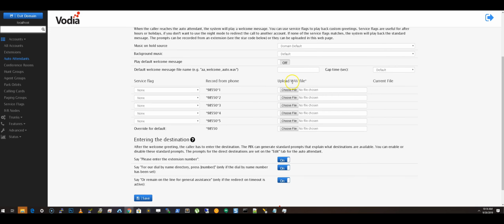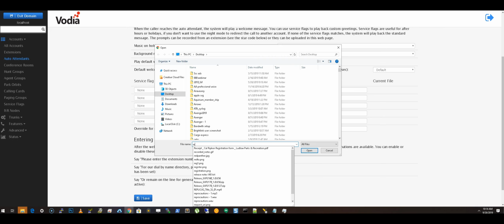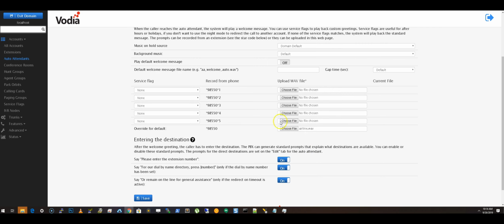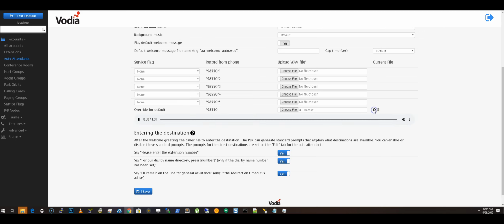All right, now we're going to go to the IVR once more, and we're going to override the default message. So click choose file. I already have one. Hopefully I can find it. Okay, airline.wav, and I'm going to say okay, and then save. So now that message is uploaded onto the auto attendant, and if you wanted to play it,